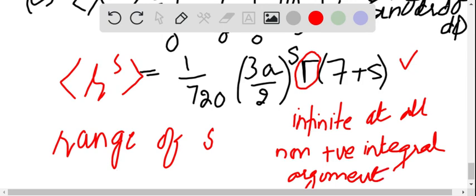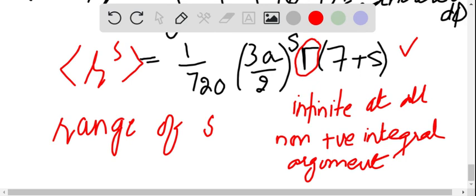It's very much clear from this result that it would be infinite at all non-positive integral arguments. So it means that s must be greater than -7, because only in that range,